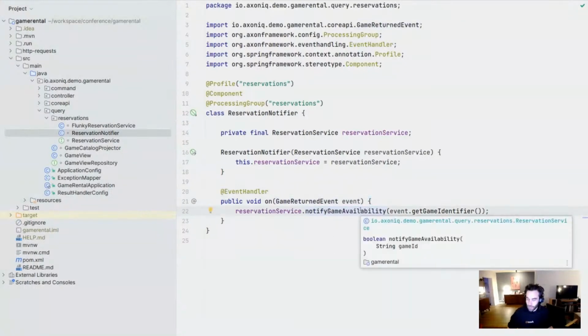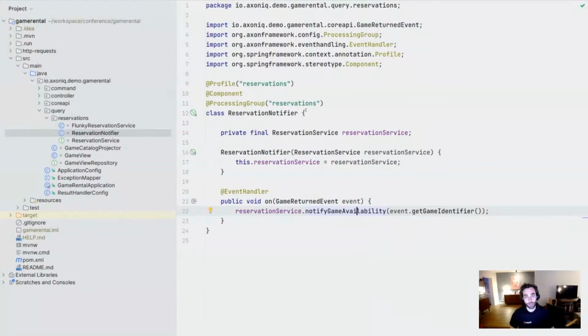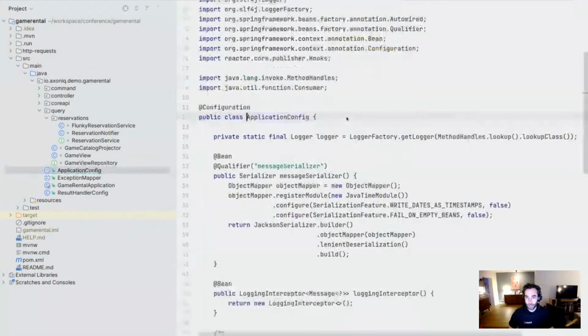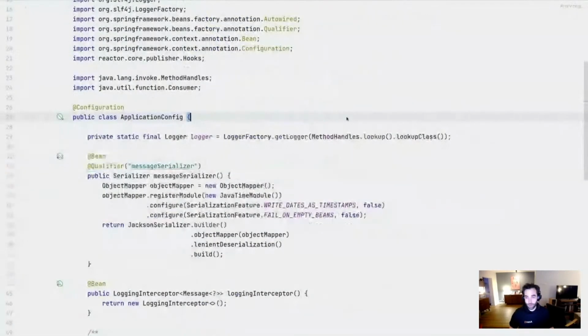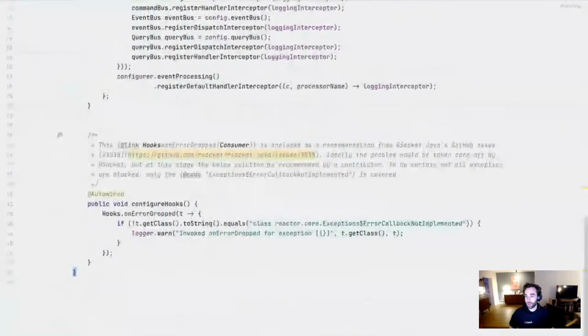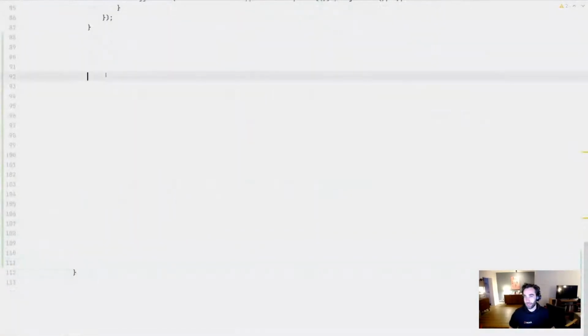Okay. Now, as we know, this service might fail. Third-party service invocations might be a reasonable place to do this with, so we'll want to configure a sequenced dead letter queue for the reservations processing group. So let's do that. We'll move to the application config, and what I'm going to introduce is a configurer module. So I'll add some additional space so that we're all looking at the same bit. I'm going to add a bean, which I'm going to call the configurer module,